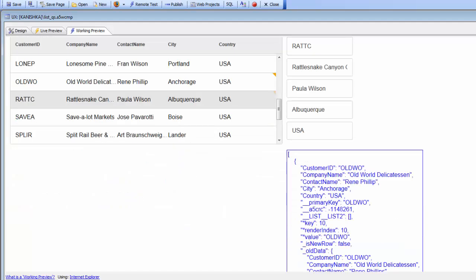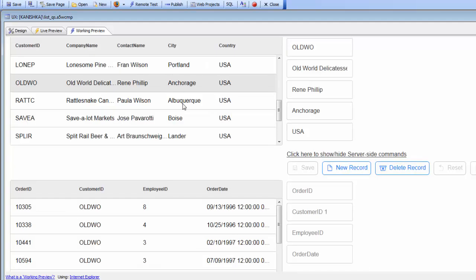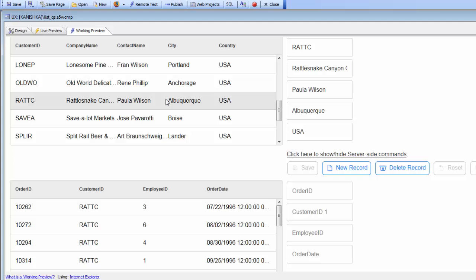Then when we go ahead and hit the synchronize button, that's going to push the edits back to the server, and the edit to this row was made, and also the edit to the order detail for this row was made. So this ability to have hierarchical data is a very powerful aspect of the list control,